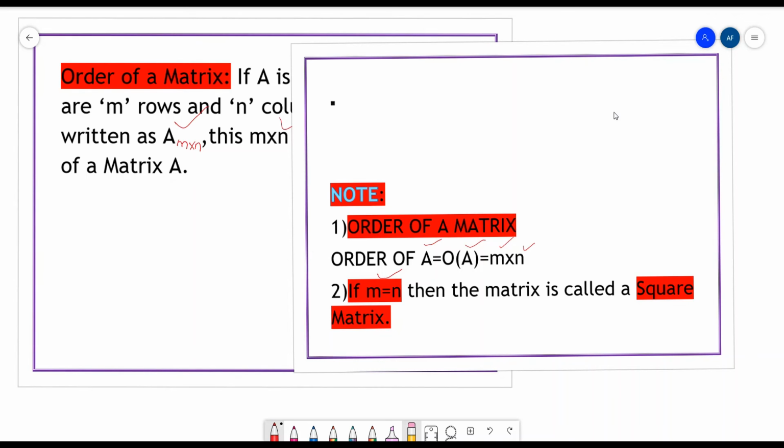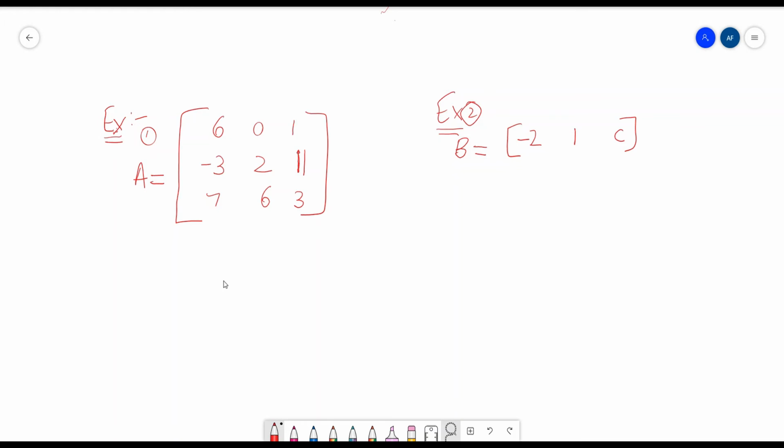We'll take an example and I'll show you. As you can see on the screen, I have taken two examples, example 1 and 2, where I have assigned the first matrix the name A, and the second B. Now order of matrix A is usually written as m cross n in general. So in the same way we should write.